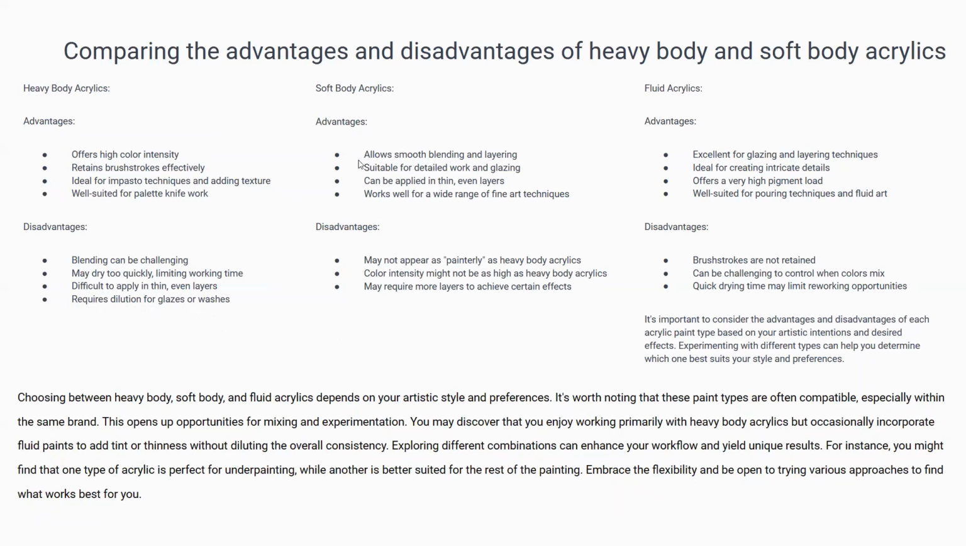Soft body allows smoother blending and layering, and it's suitable for detail work and glazing as it spreads very easily. It can be applied very thinly in layers, which again is great for glazing. I even sometimes use it to give a watercolor effect on my acrylic works. It doesn't appear as painterly because of the way that it spreads and it's not as thick as the heavy body. And you may need to put a lot more layers,